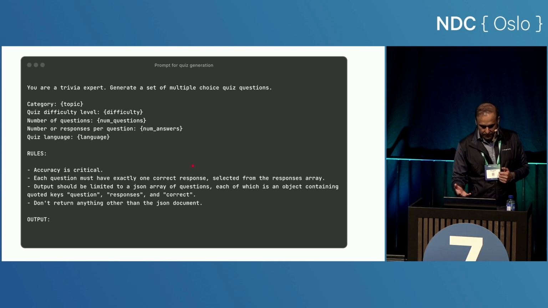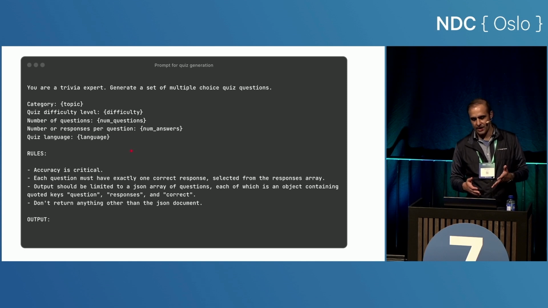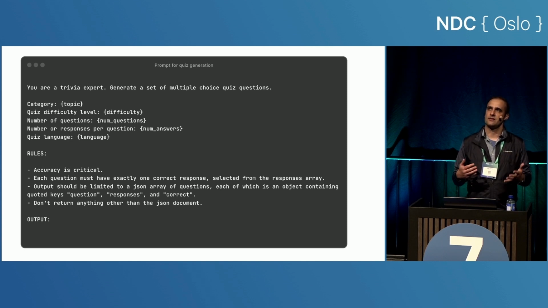And the prompt, so how do you get quizzes? I showed you this already. This is the prompt that works for us today. But we always tweak it as we go along or as we try different models. And sometimes, even though we think this works, you still need to do a little bit of post-processing afterwards. For example, sometimes we get JSON, and it's correct JSON, but sometimes we get JSON not in Markdown or something like that. So it's not proper JSON, and we have to do a little bit of post-processing. But for the most part, this seems to work.